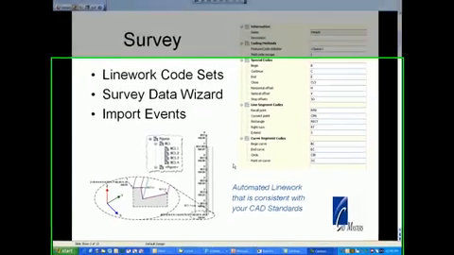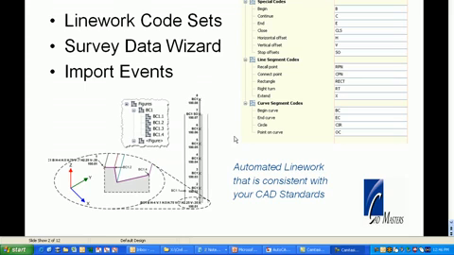We're continually pushing our survey clients to look into field to finish functionality in Civil 3D. In 2010, we have more options for field to finish. If you work with the field books in the survey database in Civil 3D, that's fantastic. That functionality still exists. It's been there for a few versions now. You could still import your field books and bring in your figures and line work in addition to your points. If you haven't used fieldbook files, there's another option for automated line work in 2010, and that's what we'll talk